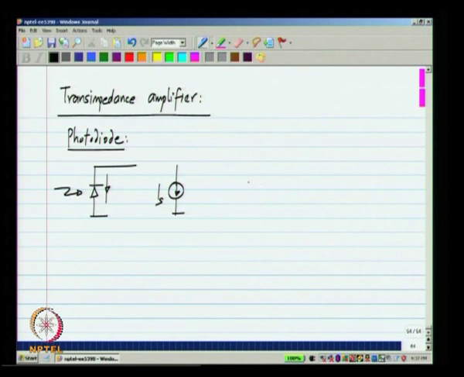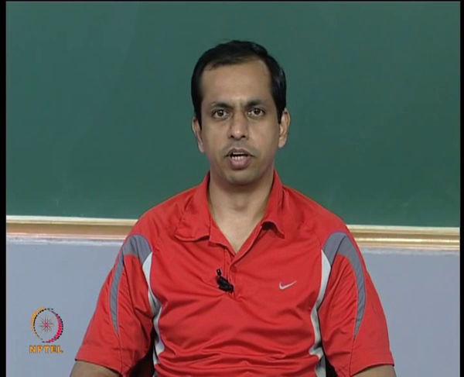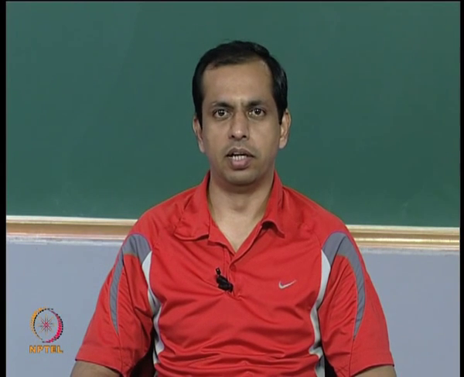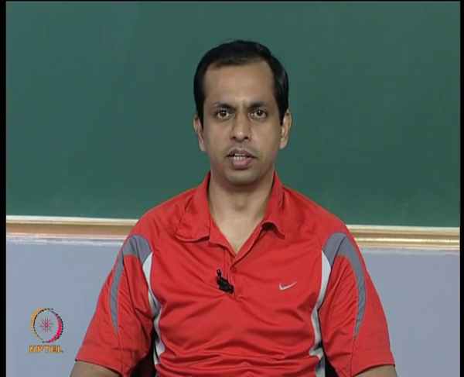I will call it IS, and the photodiode has a reverse bias capacitance which can be significantly large. I will call that CD. We will use this as the model for the photodiode, and this is used very frequently in communication systems where light comes in through an optical fiber and shines on a photodiode, which converts it to a current, and that current has to be converted to a voltage that is detected later.